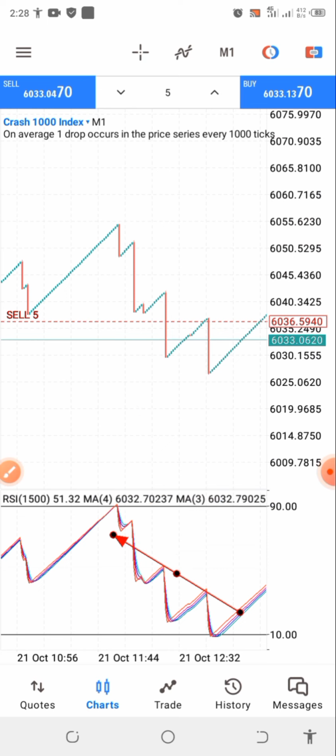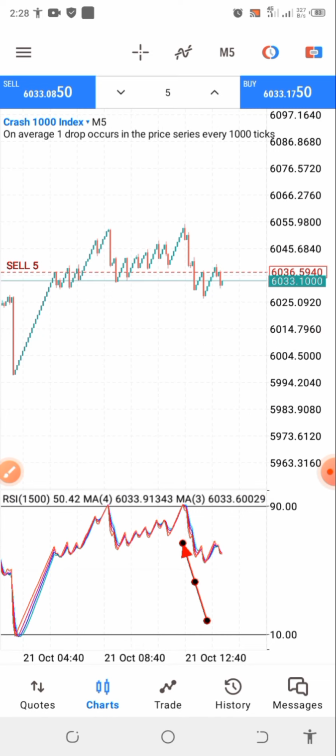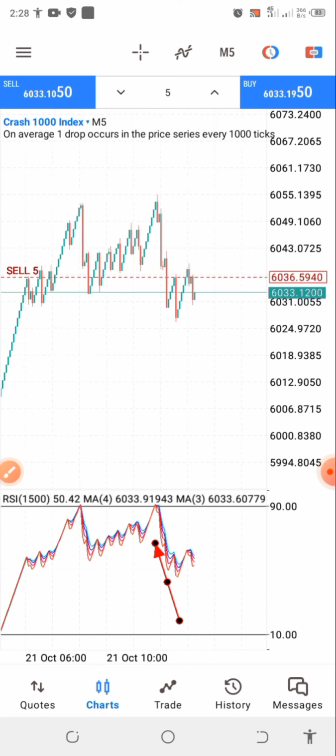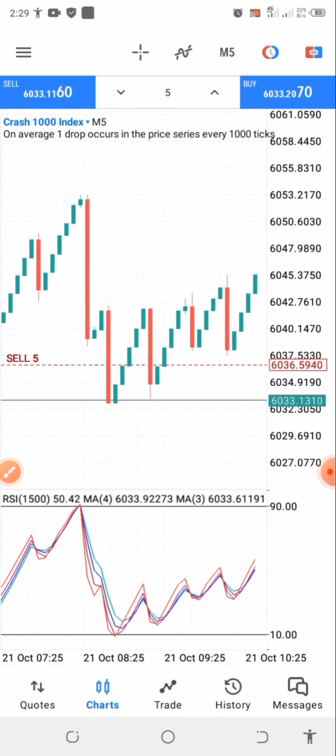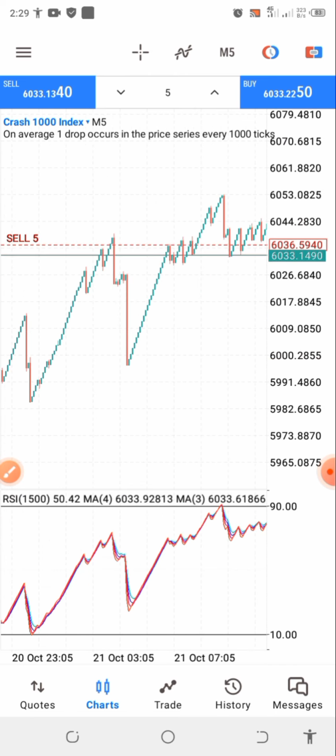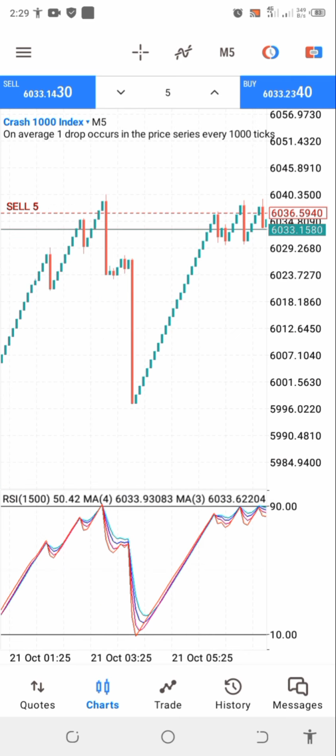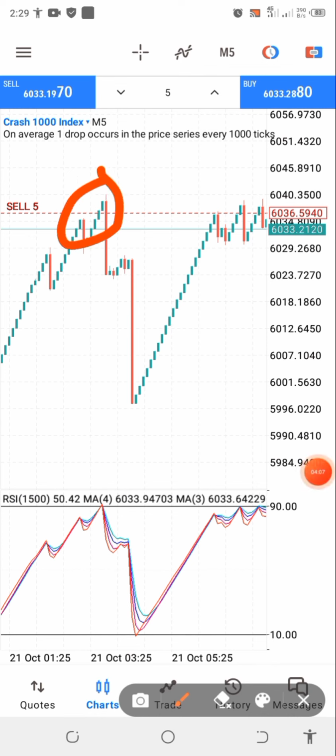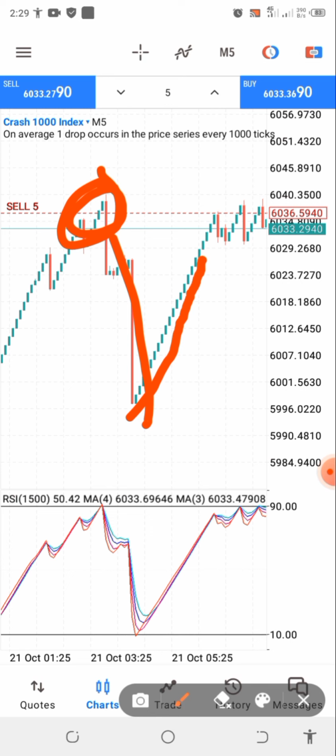Now, how do you know that the spike is going to occur right at this 90 level? This is what you need to do. First, switch to your 5-minute time frame. Then you must see where the market last spiked. When it spikes to the downside, you can see it start trending back to the upside. Whenever it almost gets to this area, you are aiming to catch the spike right at that area as well.